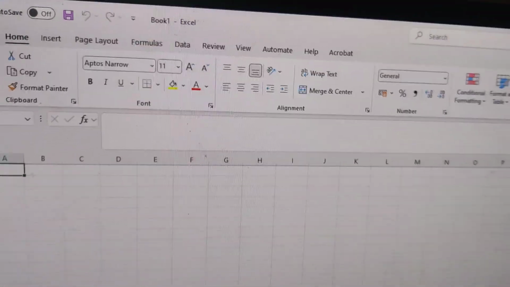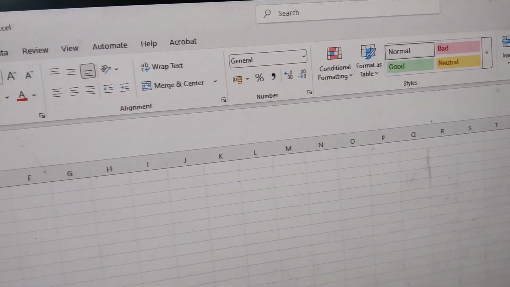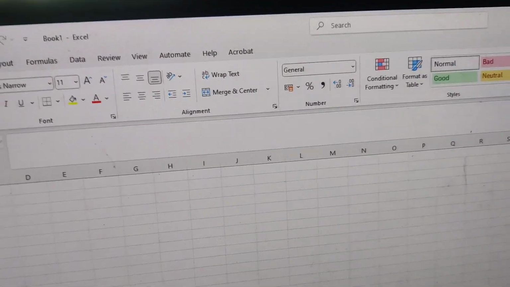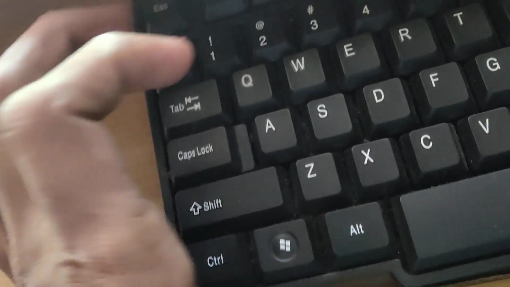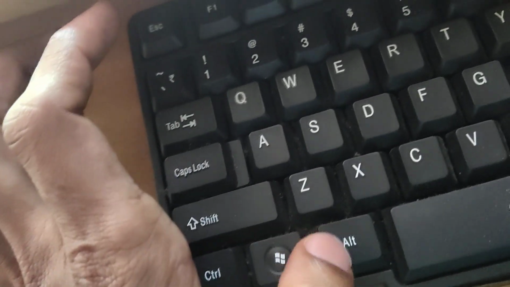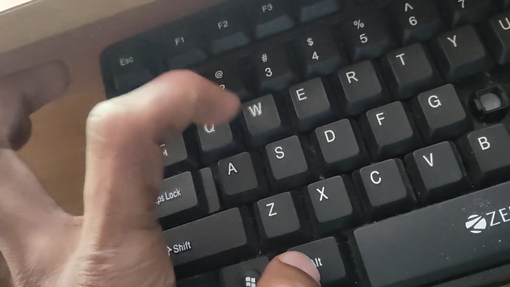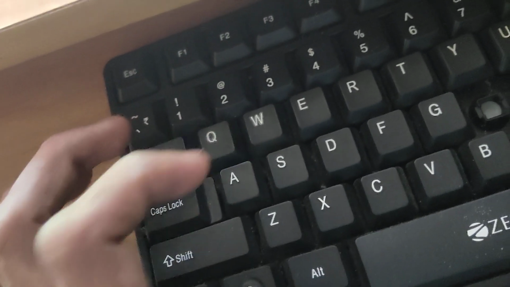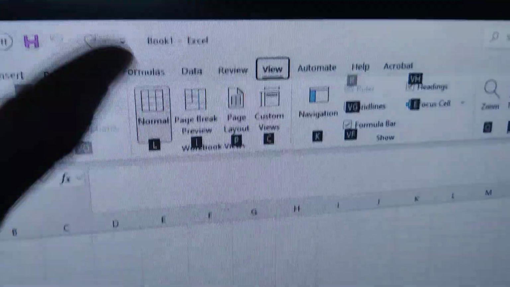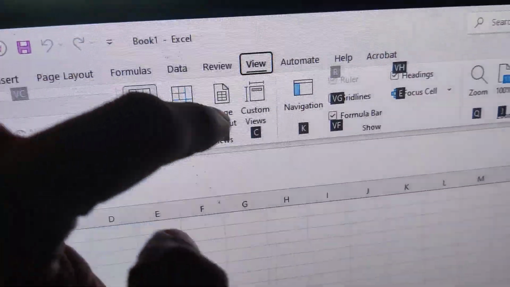Sometimes, if you are in a Microsoft Excel page and you want to take the page layout, you can use a keyboard shortcut method. The simple method is you go to the keyboard and there you can see this is the Alt key and this is the W key. So you must press these two keys. One of your fingers should be on the Alt key and another on the W key. If you press these two keys at the same time, an option like this in the View section comes up here,